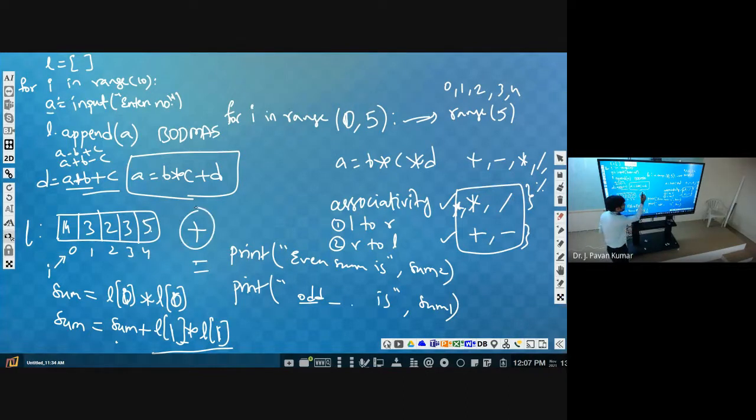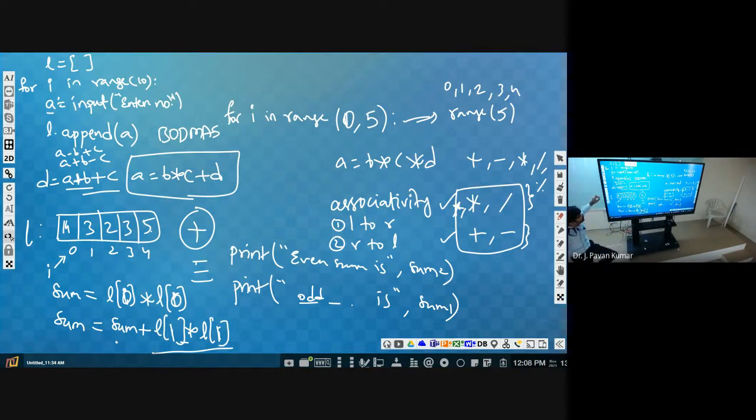Plus has more precedence compared to assignment. So plus has to be evaluated. But at that particular level we have two operations, right? A plus B or B plus C. So which one do we consider? Based upon associativity. What is the associativity of plus and minus? Left to right. So we have to evaluate in that order. Whether A plus B minus C means A plus B first and then minus C, like that only. It will be A minus B plus C. Left to right only it will evaluate. I will tell you for which operators it has to be right to left.